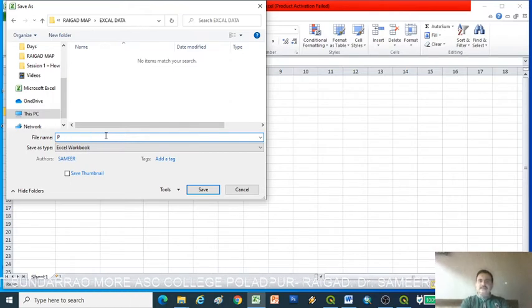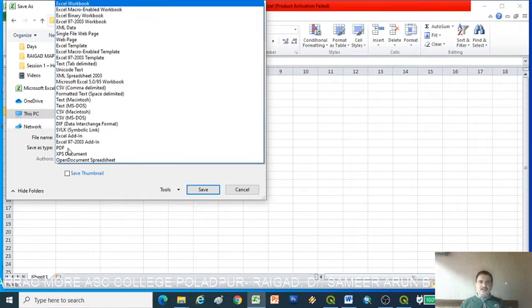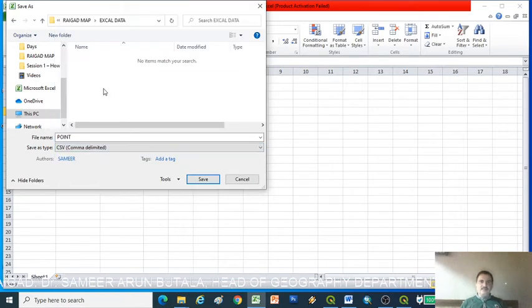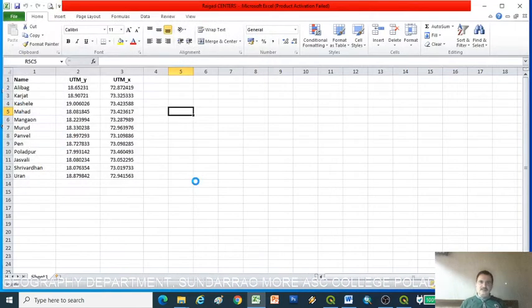I give the file name, for the points which I searched in Google Earth. For save type, click here and choose CSV format, then click Save.